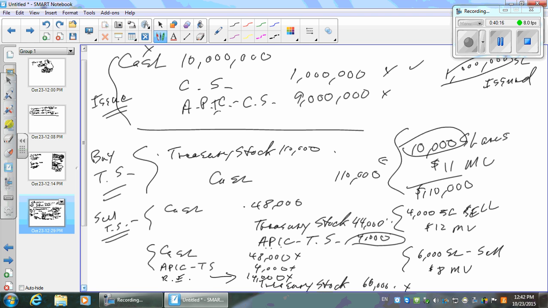Well, maybe economically it is. You bought it for $11 and you sold it for $8. There's an economic loss there. But do we call that a loss on our income statement? No, because it's transacting business with ourselves, right? With our shareholders. You got the idea? Everybody good with this? Not a very big deal.